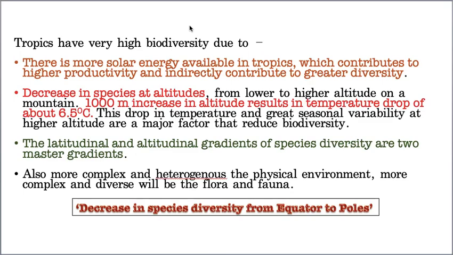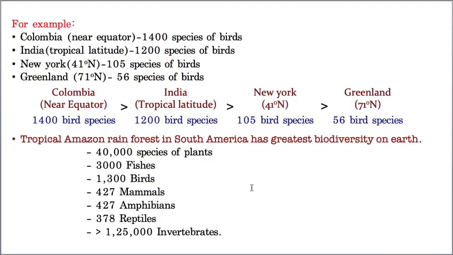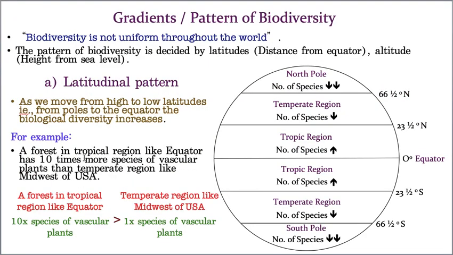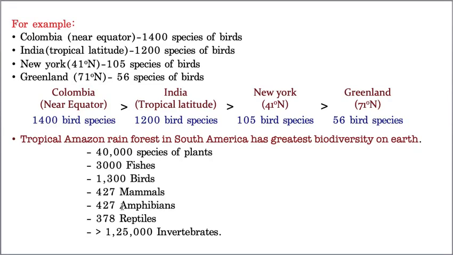Now, let us make a summary. Decrease in the species diversity from the equator to the poles. So this is a summary of the latitudinal pattern of biodiversity. Hope you understood what is the latitudinal pattern of biodiversity. Very, very important, and especially these examples are more important than the concept. Examples are very, very important, so don't forget to read these examples, and if you practice one or two times